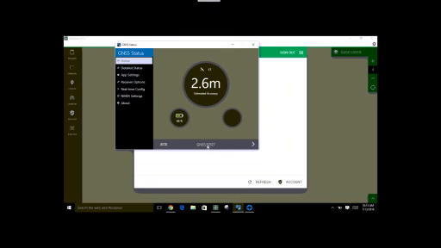Right now I'm connected to my R1, and you'll notice here the accuracy that I'm getting right now is 2.6 meters, and this is telling me that I'm tracking 18 satellites at the moment. Actually, that's 18, 19 in that. But 2.7 meters is really not where we want to be if we're doing mapping. So what we're doing right now, this is an autonomous position. We're not getting any kind of real-time